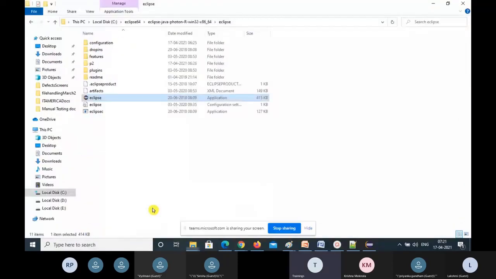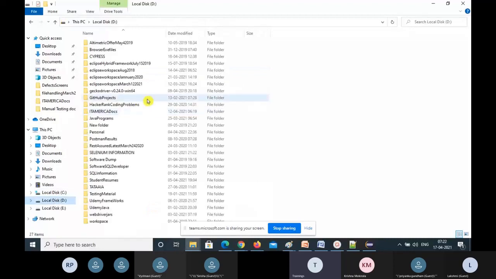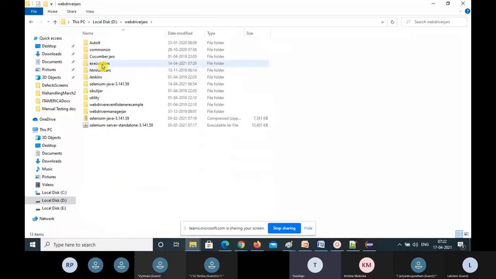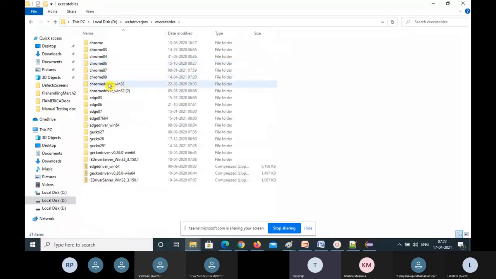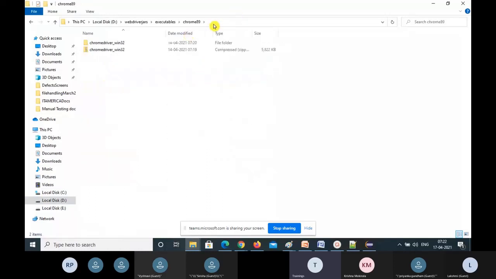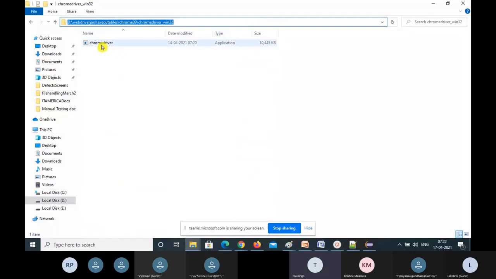Let me go to the location where I kept the WebDriver jars and executables and Chrome 89. This is the path. Not this one, still inside that. So this is the complete path. And then chromedriver.exe is nothing but an exe file.